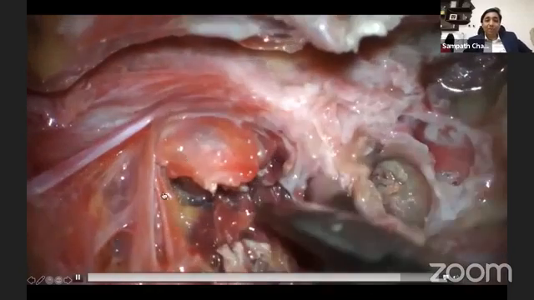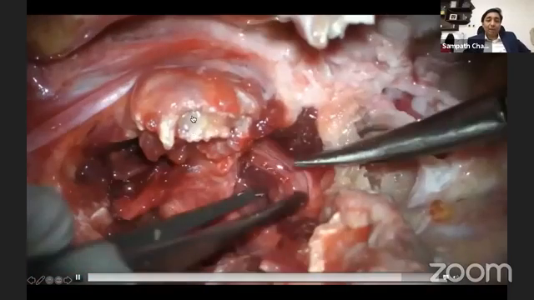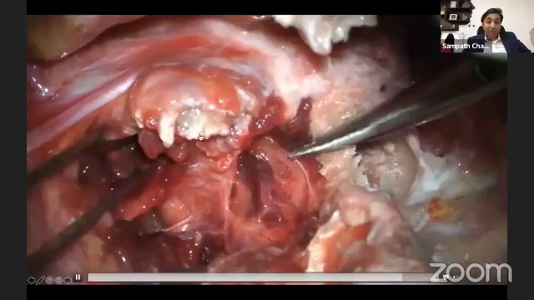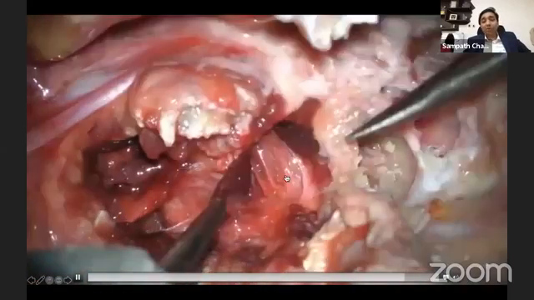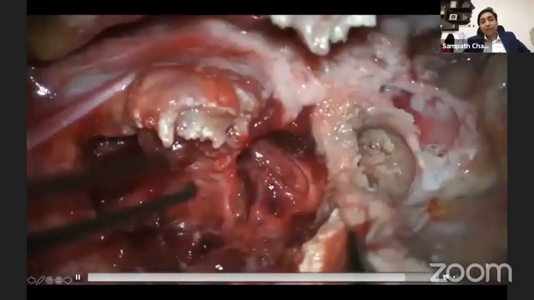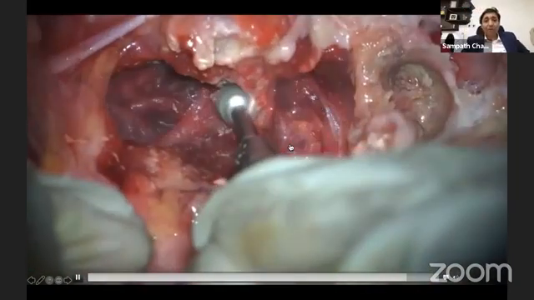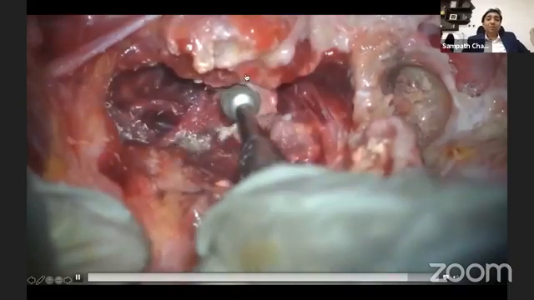Now this is the lateral process of the C1 transverse process. Now this is the arch. This is the vertebral artery. Now this is all beyond the scope of this discussion. I'm doing a vertebral artery dissection. I'm doing what is called a far lateral approach. I'm drilling out the arch of the transverse process of C1.